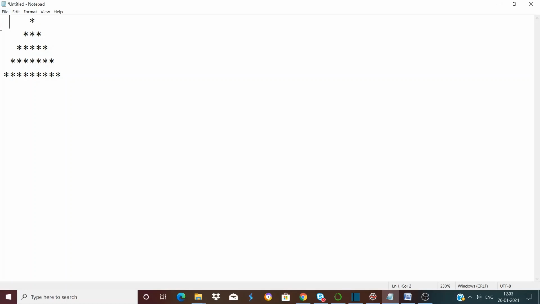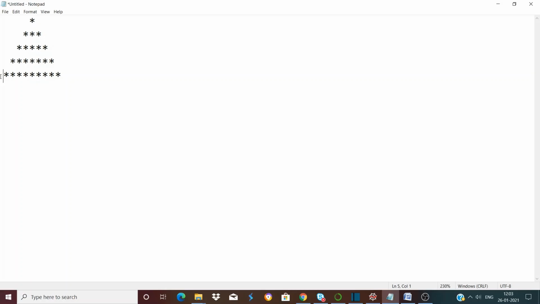We have 1, 2, 3, 4 blank spaces. Similarly, in the next row, that is in row number 1, we have 1, 2, 3 blank spaces. Similarly, in row number 2, we have 1, 2 blank spaces. In row number 3, we have 1 blank space, and in row number 4, we don't have any blank space at all.